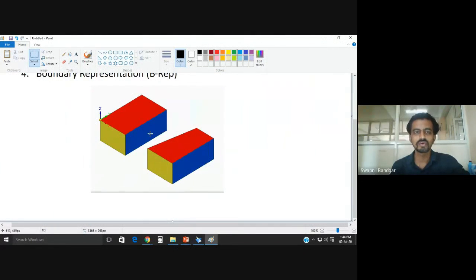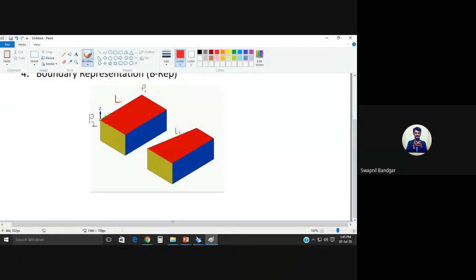So if you see the pencil, this is edge L1 and this is also L1, right? And this is vertex point P1. So this edge is L1, and this edge is L1, this is P1 and this is P2.